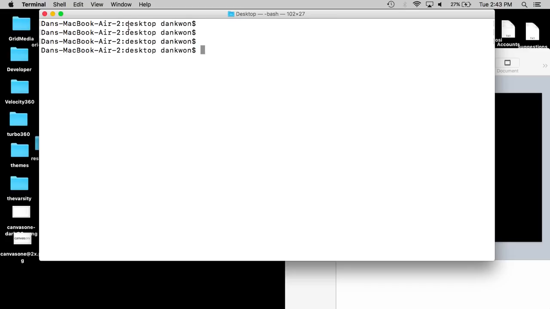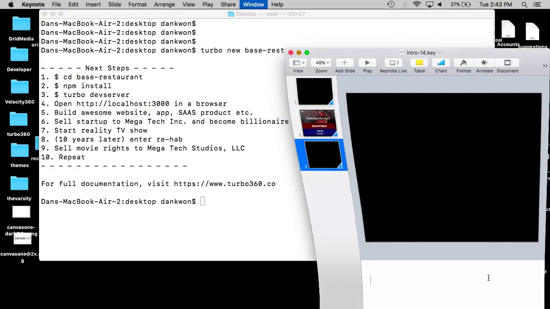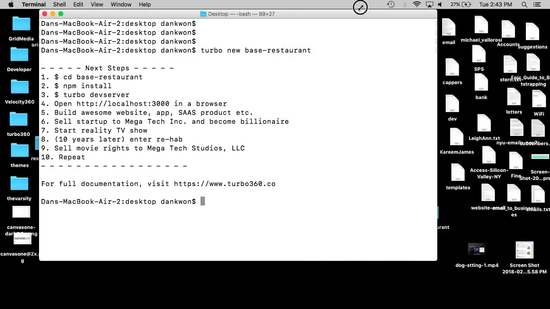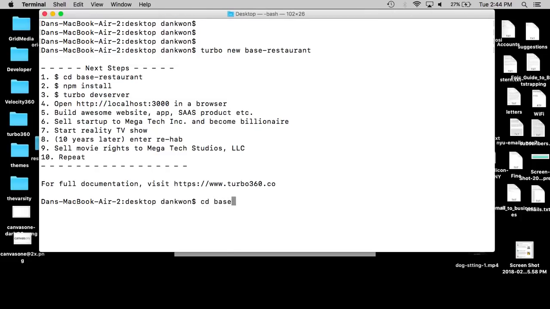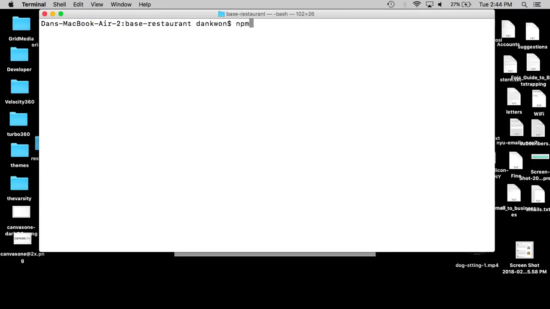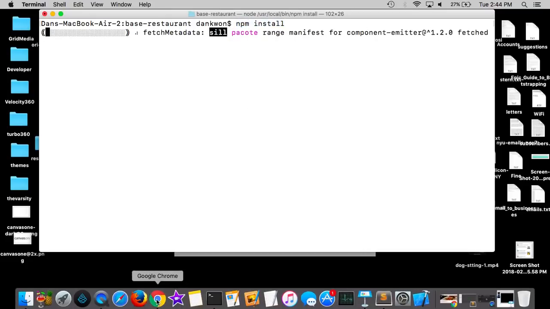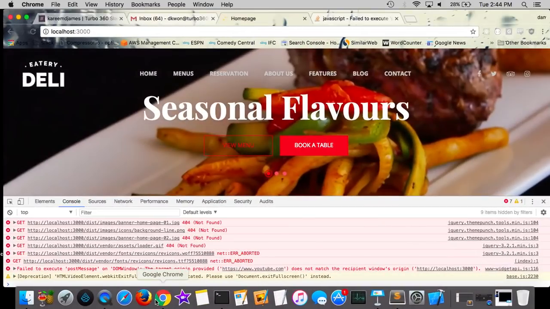Head over to your work directory and we're going to create a new project. And this of course creates a project directory on your workspace. It's a Node Express project, so what that means is we should cd into it and install the dependencies by running npm install. This will install the key dependencies for the project. While that's going, head over to Turbo 360